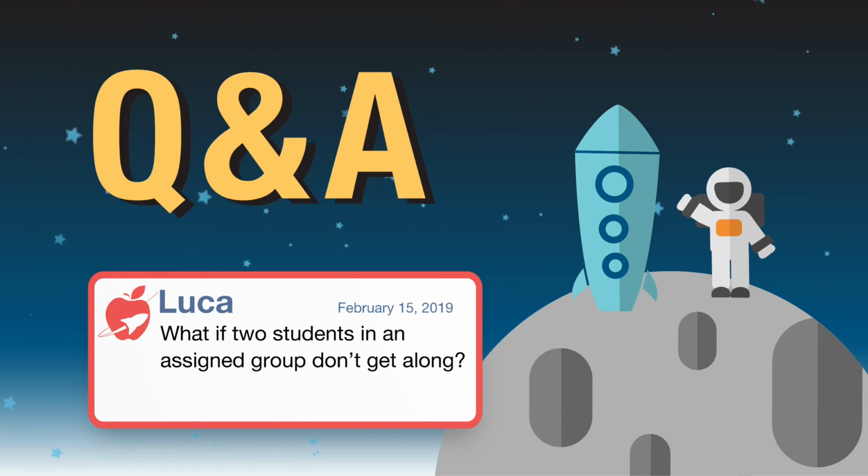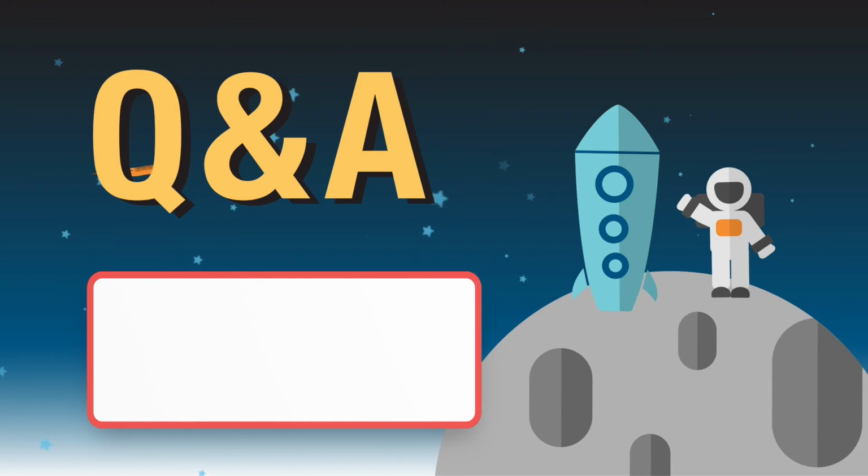But most of the time, if it's just a little personality conflict or some students complaining, I really don't want to work with them or something of that nature, then you just need to be frank with them and say, sometimes in real life, you've got to work with some people that you may not want to. It's a possibility. So I want you guys to give it your best effort. If you keep up strong group work, then I'll make some considerations in the future to move you. But make them work for it. Thank you, Kyle.